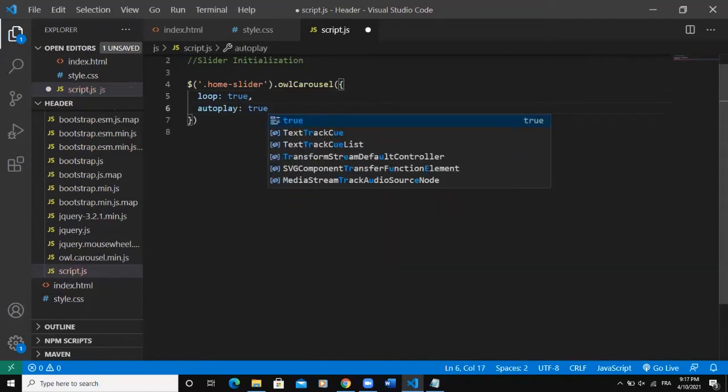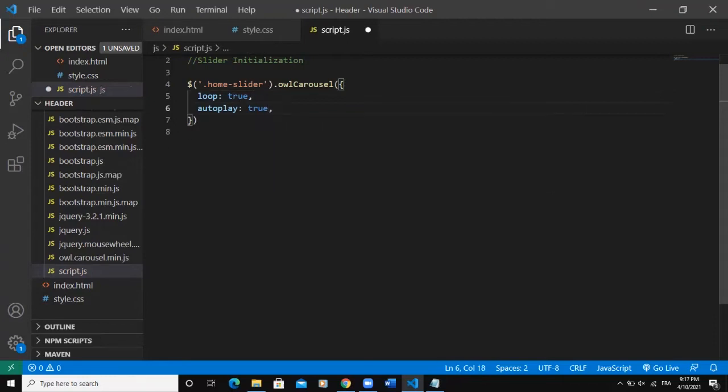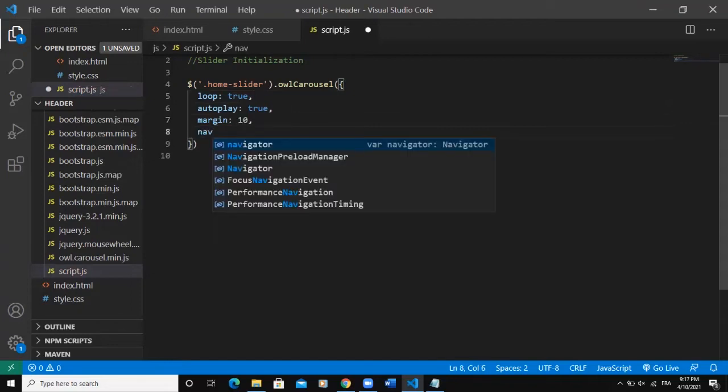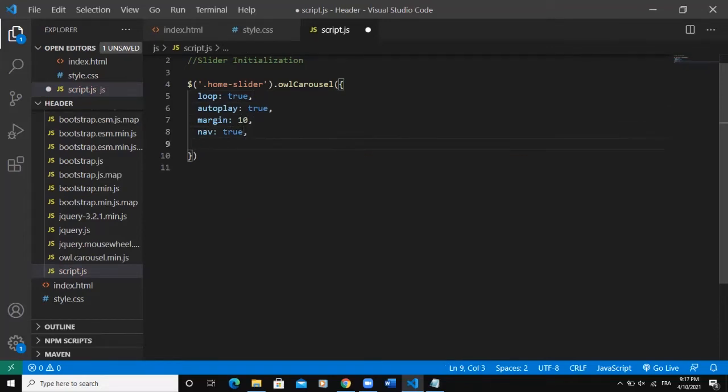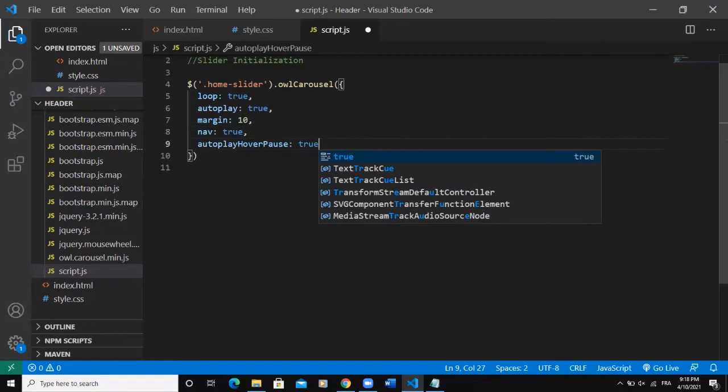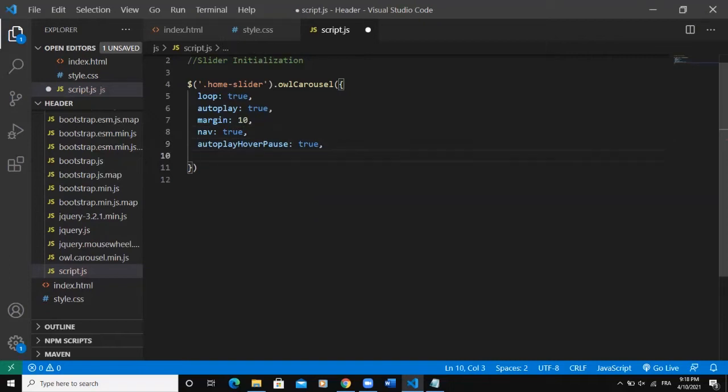Autoplay will also be true, so my slider is going to autoplay and loop around the slider items, and I can add some margin, say 10, and I'll say nav. So I want to make sure that the navigation buttons are also showing, and I will say autoplay hover pause. This is going to make sure that when I put my cursor on the slider item, it's going to stop autoplaying, all right? And I will say items. This is going to make sure that only one slide item is going to show on the screen,